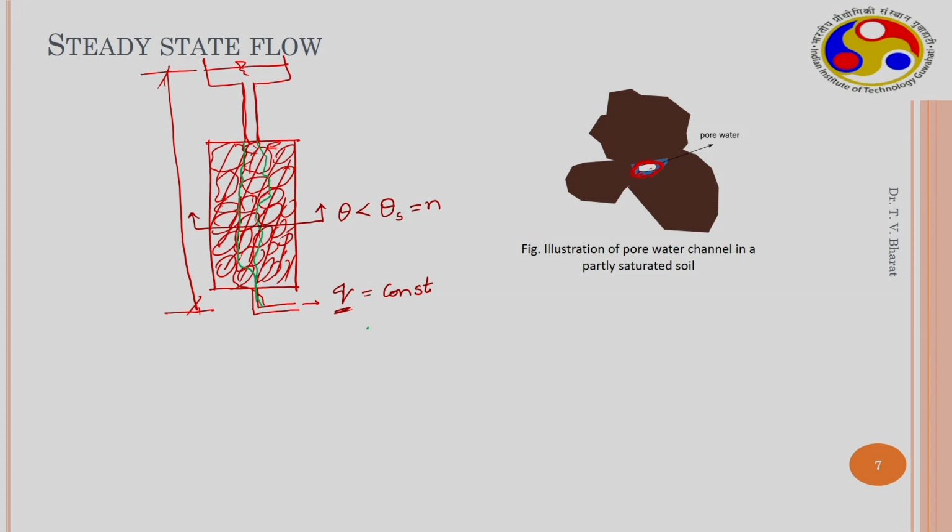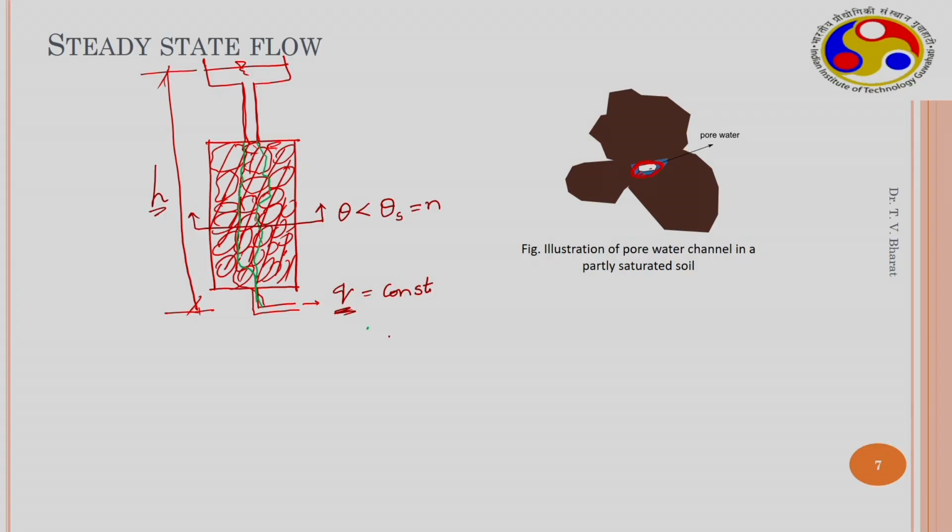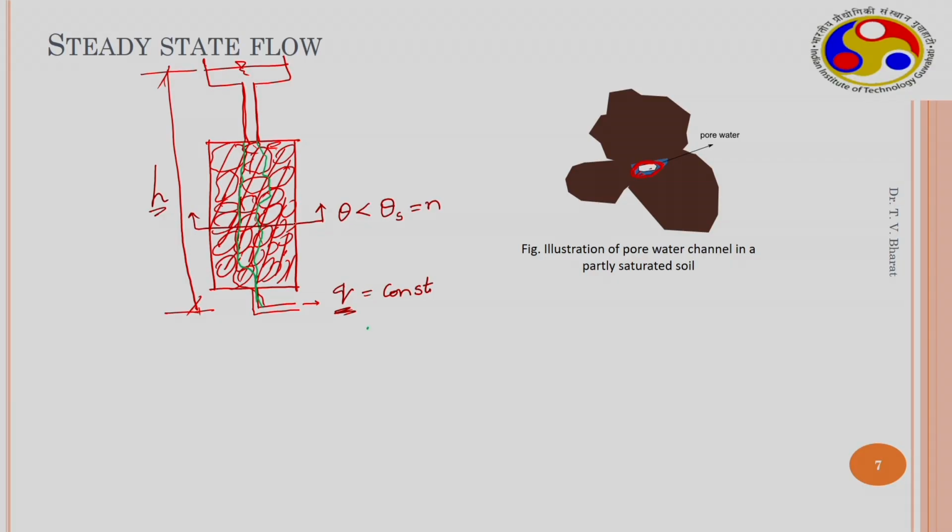So if you start changing the head, if you increase the head to higher values, this flux may be different again. When you are increasing the gradient, some of the pores may get saturated and the flux rates also will change. As we see in Darcy's law, how do we detect whether this is due to the increase in the hydraulic gradient or due to increase in the water content? What we could notice is, I'll explain this in a minute.